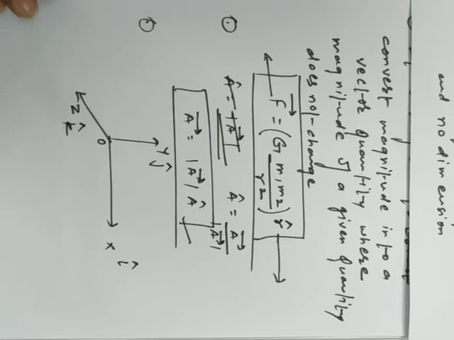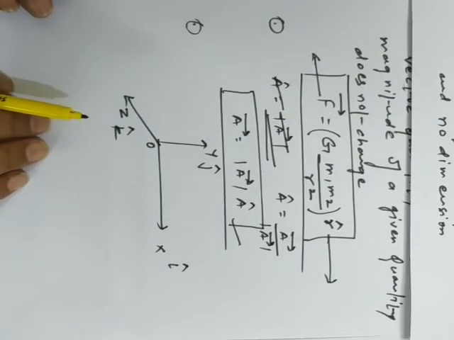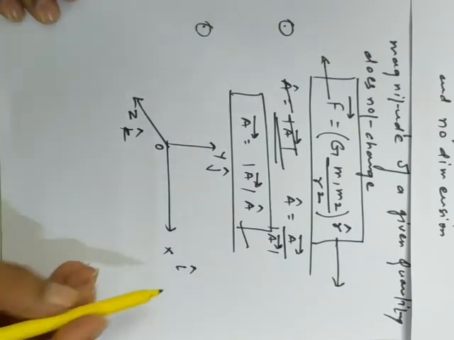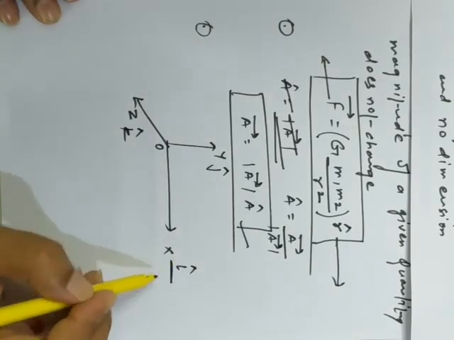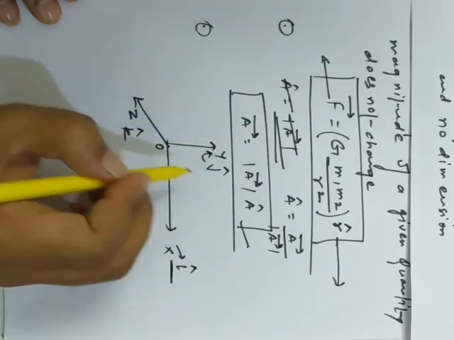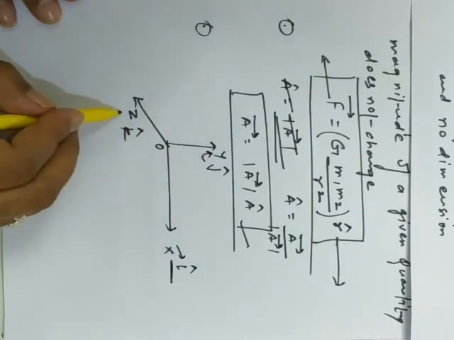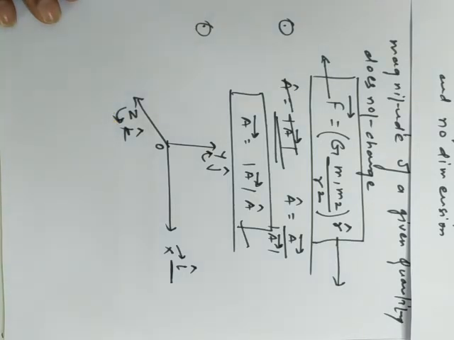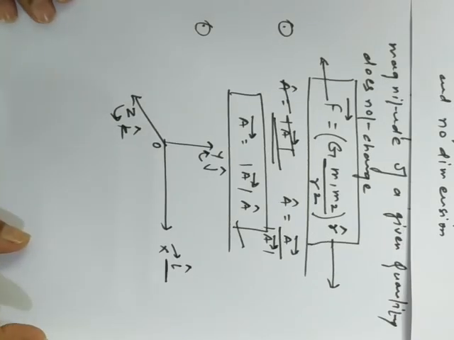We must not interchange the axes with their unit vectors, otherwise we will get the wrong meaning. By convention it is fixed, so you must also follow this fact. Along the direction of x we have i cap, along y we have j cap, and along z we have k cap. So this is the simplest representation of a unit vector. It is a vector having unit magnitude and always gives the direction of a given vector. It has no unit, no dimension, and it is used to convert the magnitude into a vector.